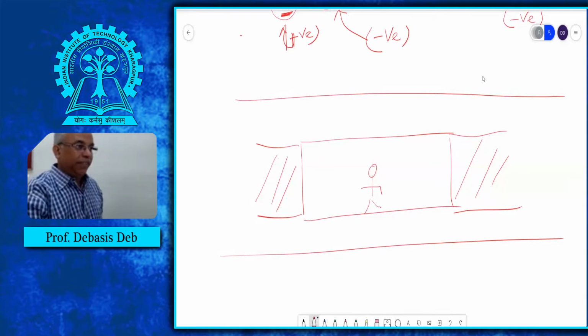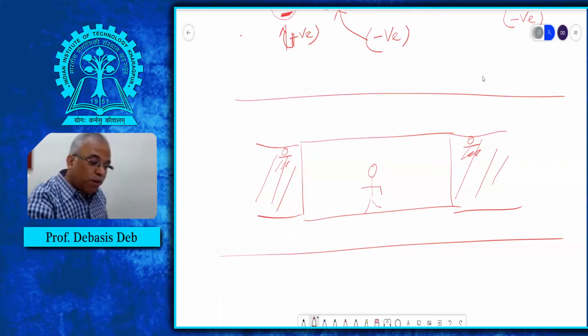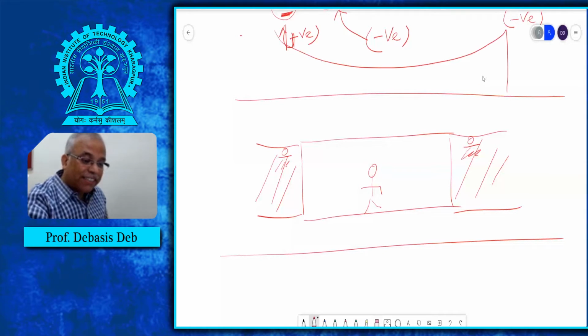Now this is the gallery. This is the gallery and this is the rock. So this becomes like a simply supported beam you have done in your first year. Okay, this is like a simply supported beam, this one. And on top of that, there may be a load varying like this. Something like this, a load is varying.